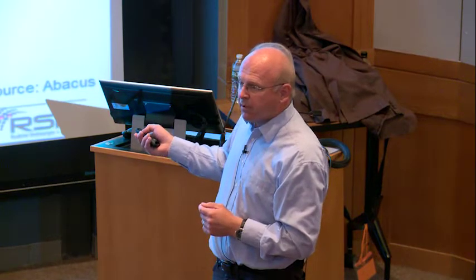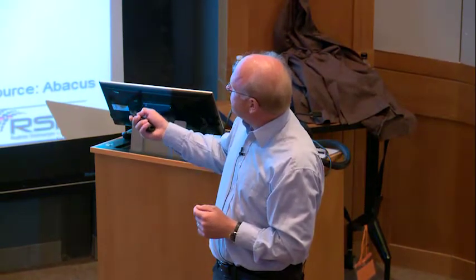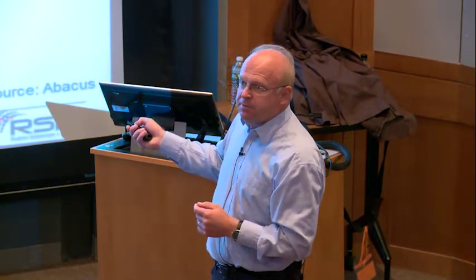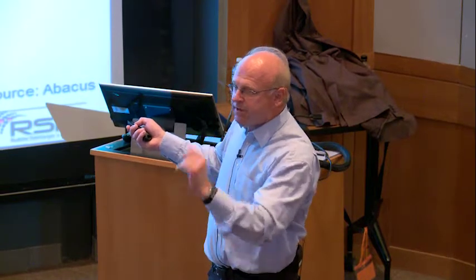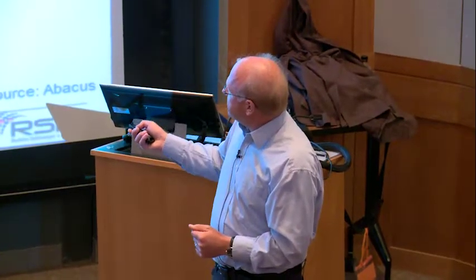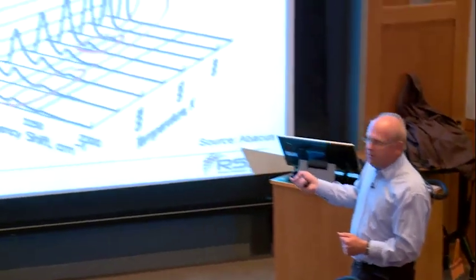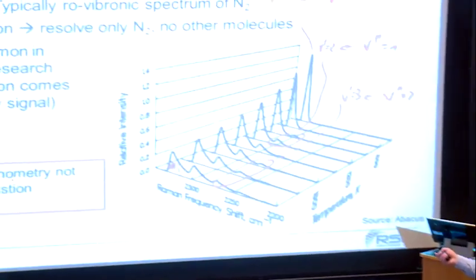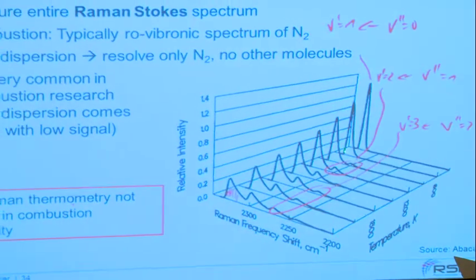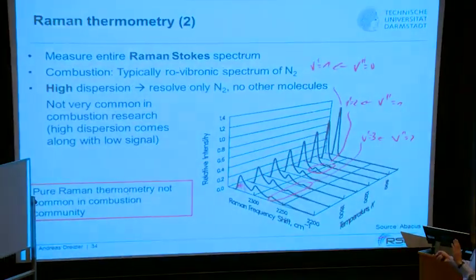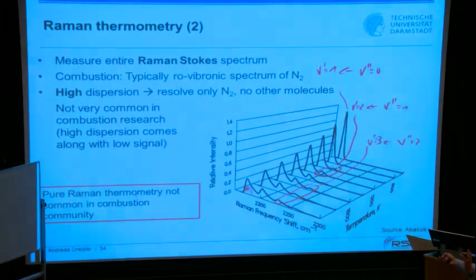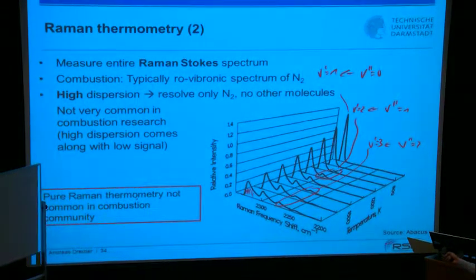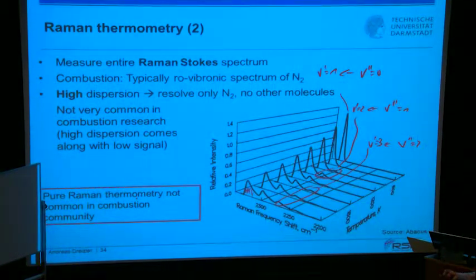And it's questionable how well you can resolve a good temperature from these superimposed lines, which are smeared out. That is why typically you don't do it unless you really have a high dispersion and you see single rotation lines that can be more easily fitted,